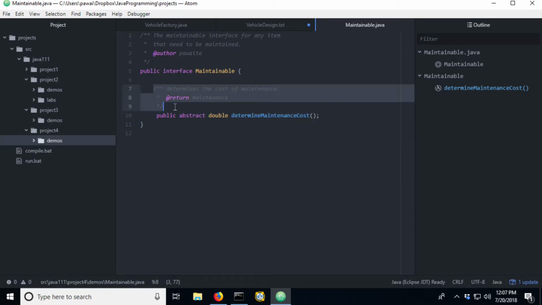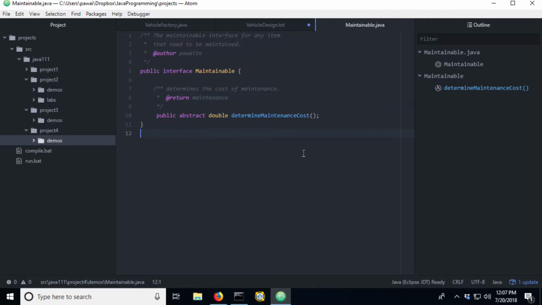You'll notice that I do have good JavaDoc comments on here, and that's important because sometimes I'm writing an interface and there aren't any classes yet that implement that. It is this comment that's going to let the developer know what the heck this method is supposed to do. So very, very important that we document our interfaces just like our other classes.